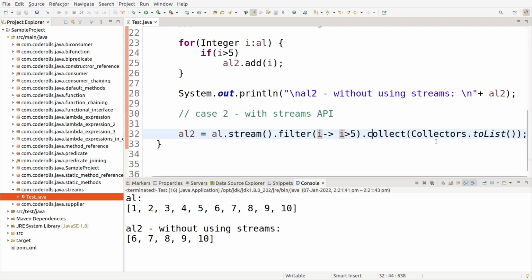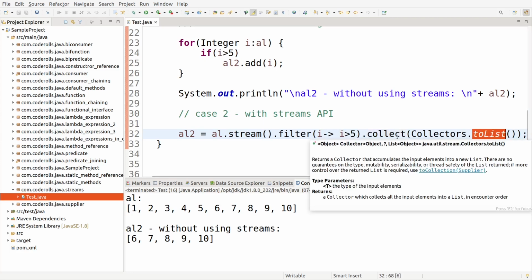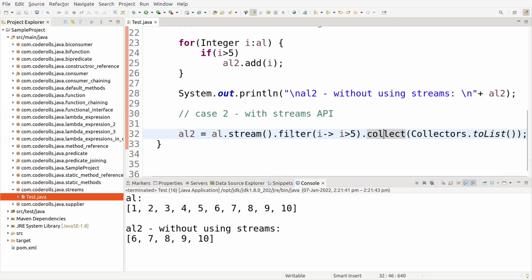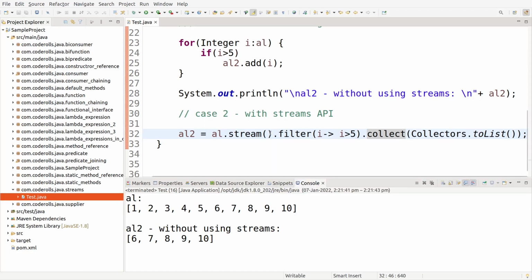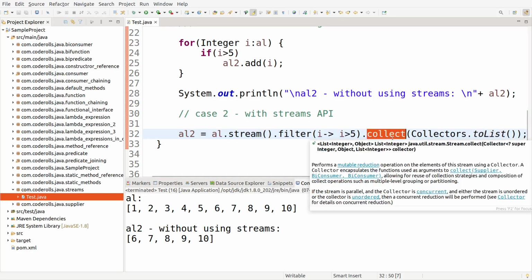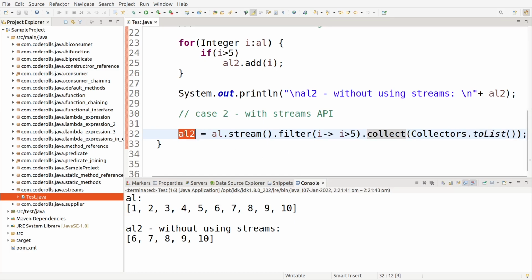If it is, then collect it to the list. Now we will understand all the specific methods in coming videos, so do not worry about it for now. Just understand the concept of how we can use streams, and this whole process we are collecting into a stream using the collect method, and we are getting AL2.